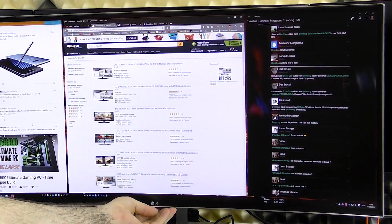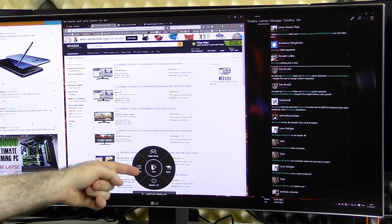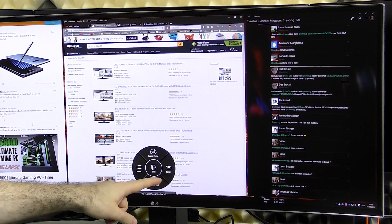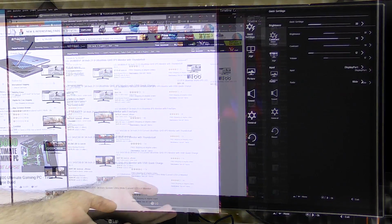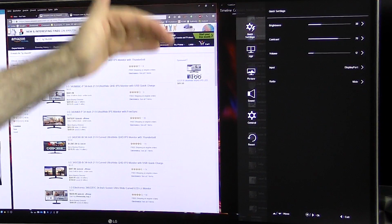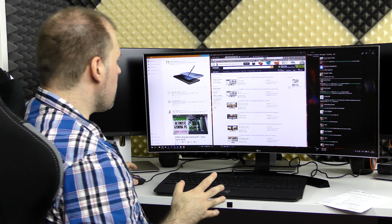At the bottom here we have a joystick that works in all 4 directions. If you push that, you can see it go towards up and you see the game modes. Right gets you to the inputs, down turns the screen off, and to the left you get the menu here to control brightness, contrast, volume and all that, which I think though is not really that important, because we get